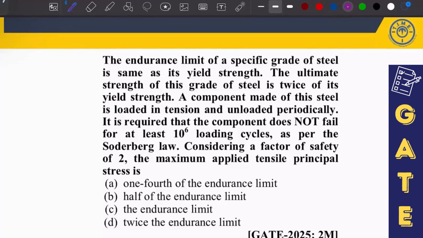But before that, you have to check which theory you will use or which equation you will use, Soderberg or Goodman. Okay, so how you will identify based on the material. Can anyone please tell me which equation you will use? They have clearly mentioned as per the Soderberg, and it is a steel which is a ductile material. So Soderberg equation you will use. Okay, so please try to